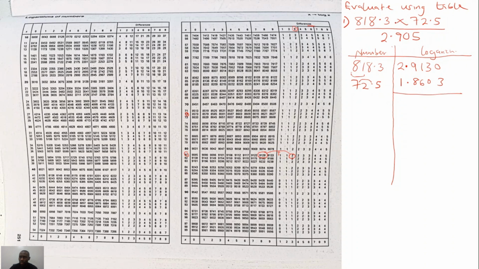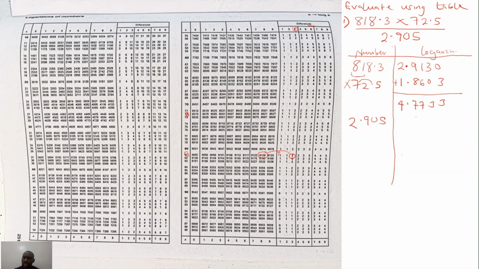Okay, now what are we going to do with this logarithm? We know that this number and this number are multiplying each other. What we are going to do here is to add the logarithms. And for us, when we add the logarithms, this will be 337. This will be 17, right? Which is 7 points. This is 3, and that will be 4. The logarithm of 2.905